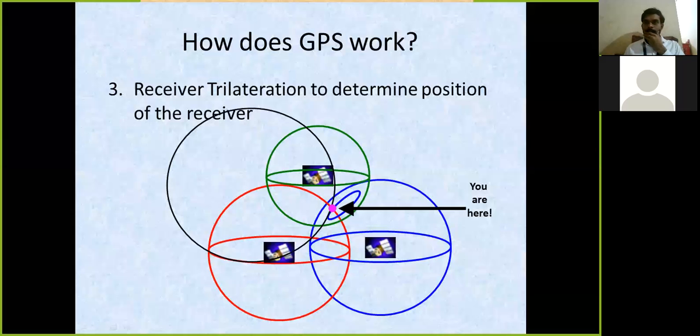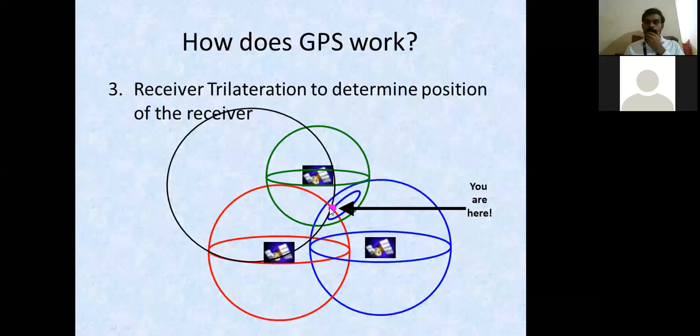They may intersect with each other, or may not intersect with each other. So for that, four satellites are chosen. Three satellites will determine the position x, y, z, and another satellite will determine the receiver clock bias error. So we will have 4 equations, and using those 4 equations, we will compute the 4 unknowns: x, y, z of the user, and the user clock with respect to the GPS time.